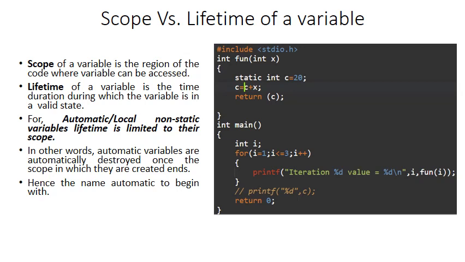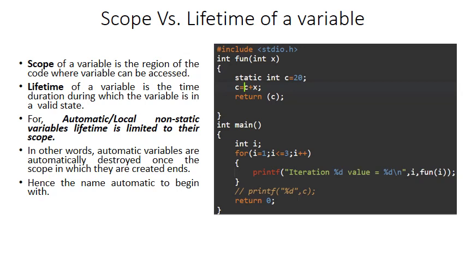We know that in C there are several storage classes like automatic, extern, register and static. All local variables by default belong to the storage class auto or automatic. So here in this program, in the main function we have a local variable i, and by default its storage class will be auto. If from outside the main function we try to print the value of i, we are going to get an error because the lifetime as well as the scope of i is limited within the main function. Now we have a for loop.